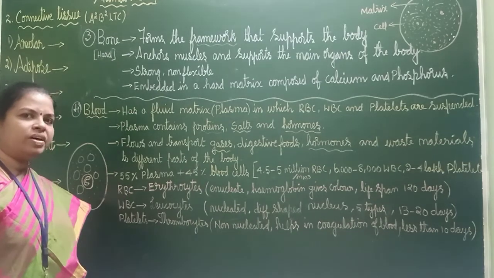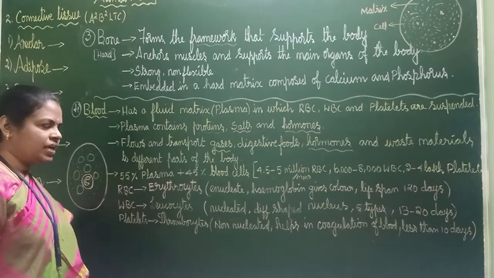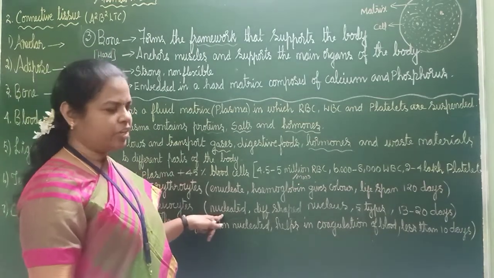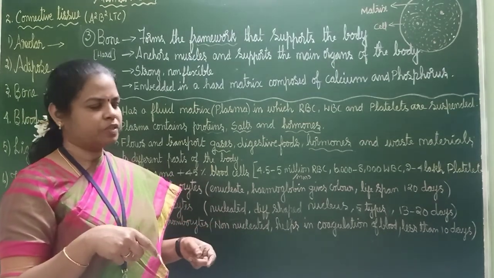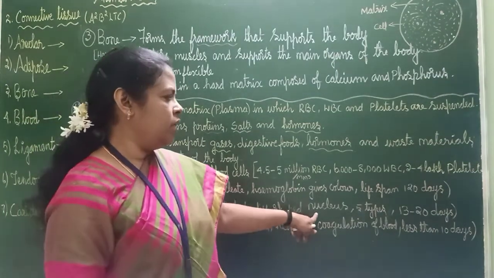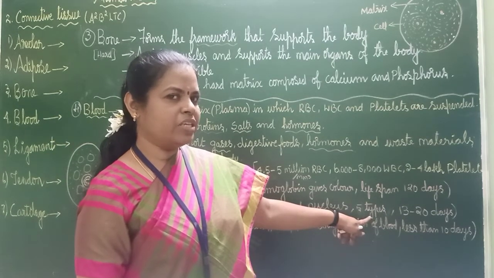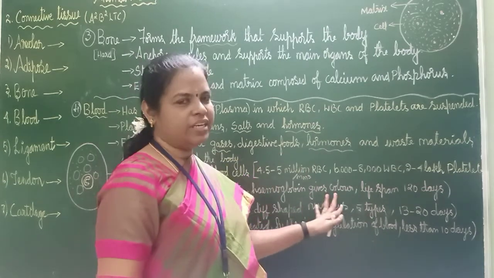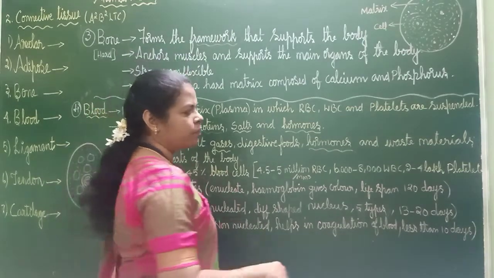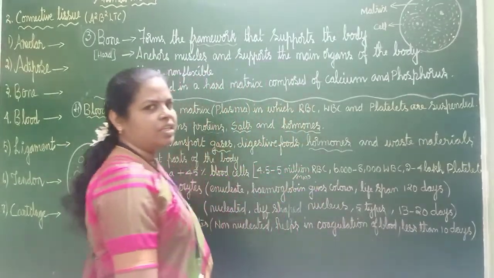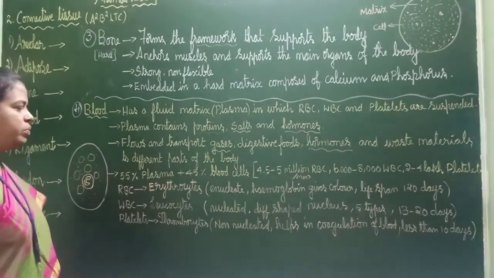WBC. The other name of WBC is leukocytes. This is nucleated. This is having a nucleus, and different shape nucleus are there. 5 types are there in this: monocyte, then eosinophil, basophil, and all. No need of studying that now. Later, if you want, I'll explain. Their lifespan, if you see, they will live for some 20 days, it seems. After that, that also will be destroyed.